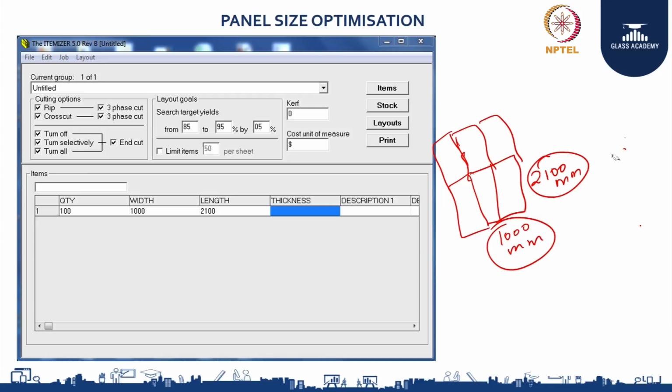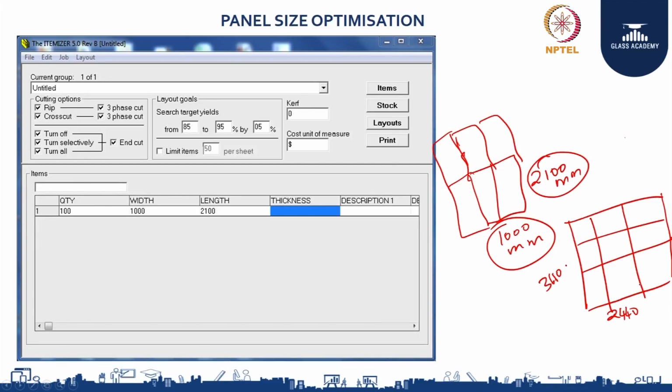I will redraw it. Say for example, your 100 panels that you require here have to be cut from these panel sizes.